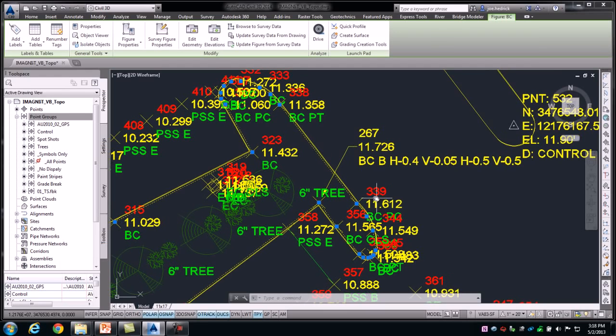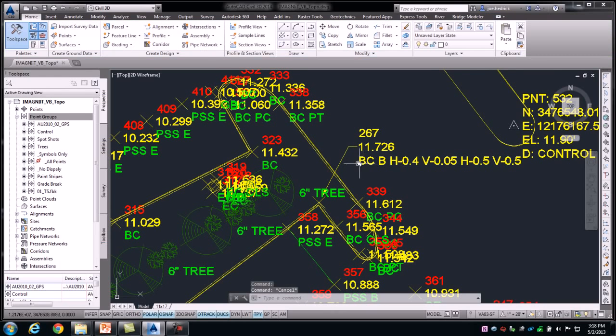But what's important is at the very beginning of the shot, right? So I'm telling it BC for back of curb. I'm putting a space. I'm telling it B to begin drawing this. Consequently, this again is maybe a new format if you haven't checked out Civil 3D in a couple of years,